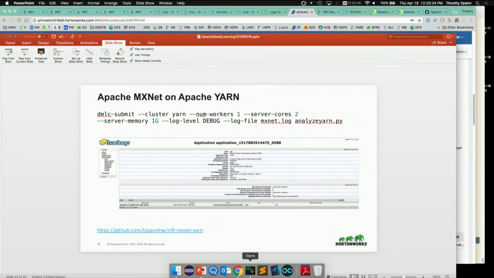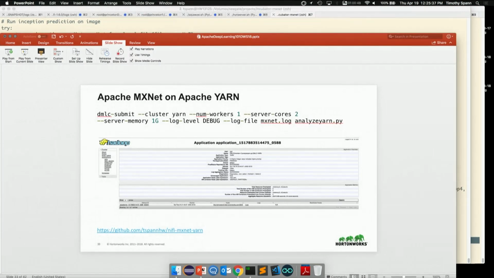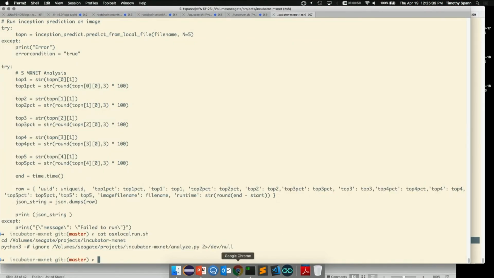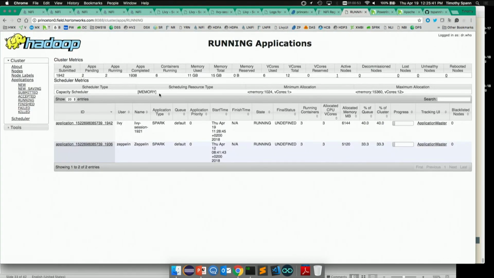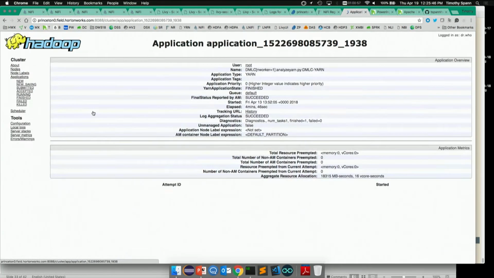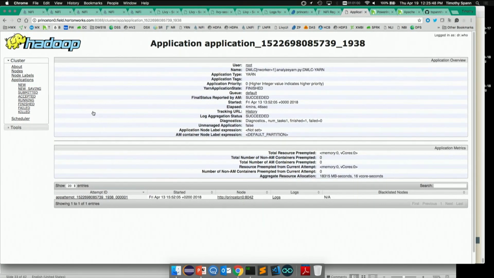It's pretty straightforward. You go to the command line, and when you're done, it shows it running in Yarn. It goes away. I have a few finished ones here. And as you can see, it's not well named. They auto-generate a name, but as you can see how they generate the name, they put some of the parameters in the name. And you've got the script that you submitted. The only difference is because it's running in Yarn, you're not going to have a UI. You don't know where it's going to output it. So you might want to do something special.